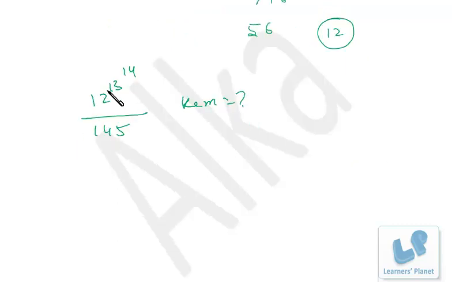Now I have this question: 12 raised to 13 raised to 14 divided by 145, what is the remainder? Now we know 12 square is 144, right? So what we should do is convert 13 raised to 14 into 4k format, 4k plus 1, 4k plus 2, whatever. See, there are two ways. 12 square is 144, so we could convert 13 raised to 14 into 2k plus 1 format also. But let me explain why we should not do that. 13 raised to 14 is obviously an odd number, so it will be 2k plus 1 format, right?